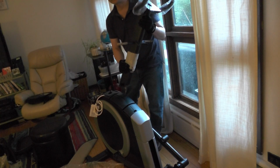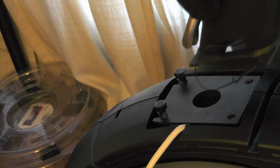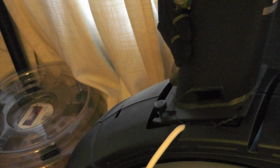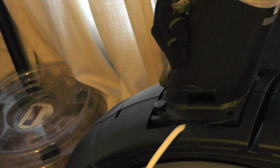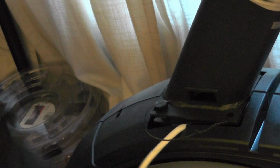Okay, so I'm going to slide this right into this piece right here. So what I'm going to do is slide this in like this. You see that? Okay. There's a wire. I was like, what is this wire tied to the bottom? You're supposed to tie it to this and pull it through this hole here. Okay, so you don't want to put the screw in here until you undo this. Okay, so let me